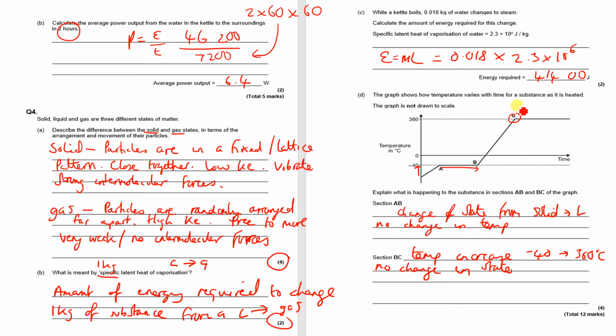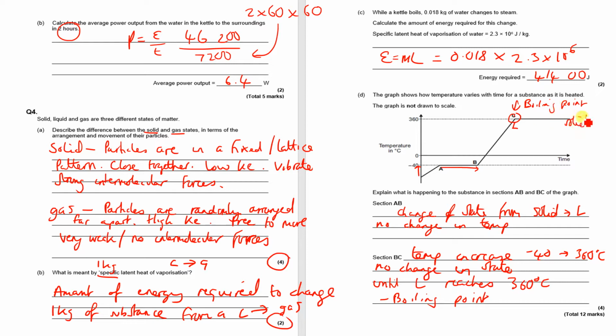So at that point, we're going to have our boiling point. So this is where our liquid will turn into a gas. So temperature until 360 degrees, no change in state until liquid reaches 360 degrees C, and this is the boiling point. So when all the water is boiled,